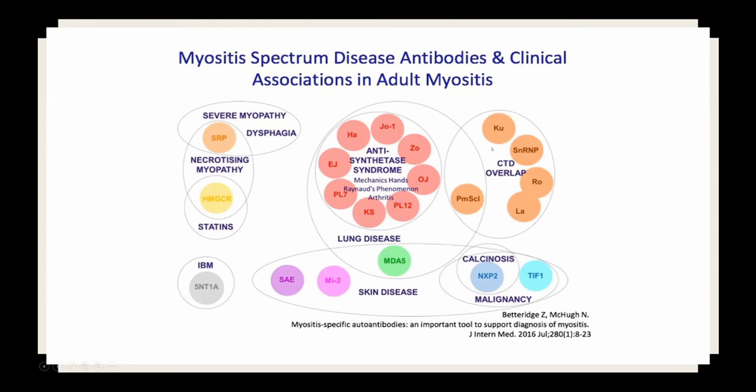So you can see this Venn diagram with all these overlapping circles. Obviously this is alphabet soup and very overwhelming, but if you look at it a couple of times, it can be very helpful and break things down. And one thing you'll notice is what is not in here is polymyositis.